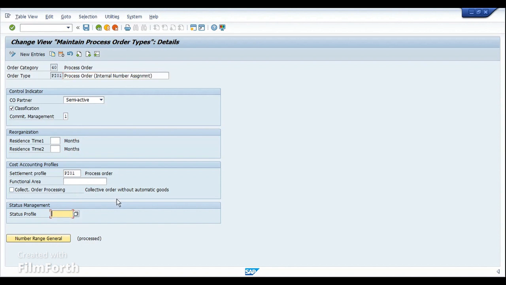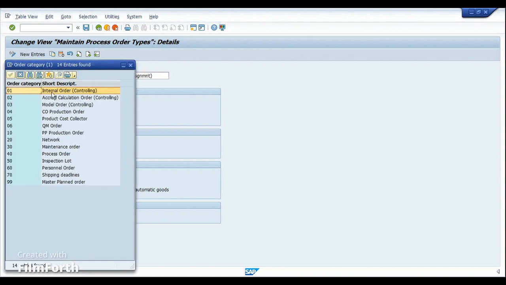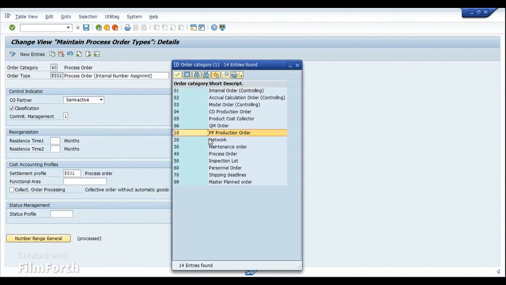Whenever you look at the process order, there could be a user status, right? So this is where we are going to assign the user status profile based on the order type. And here, if you look at the order category, it shows as 40. So 40 basically stands for the process order, whereas order category 10 stands for the production order, which is used in the discrete manufacturing process. So by looking at the order category, we can understand whether it is a process order